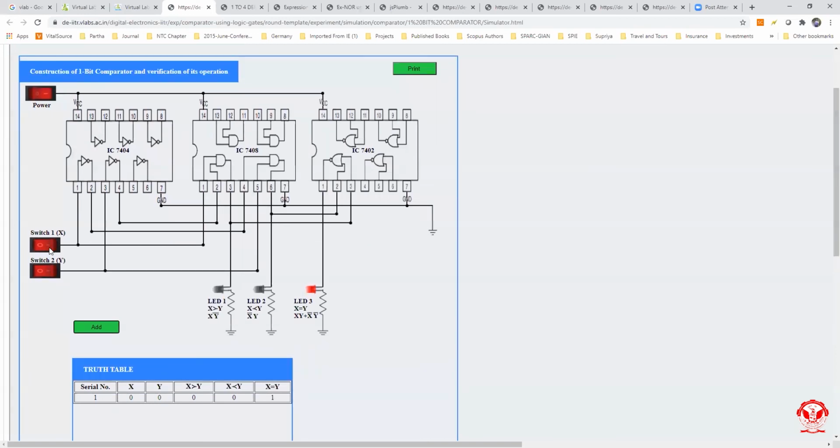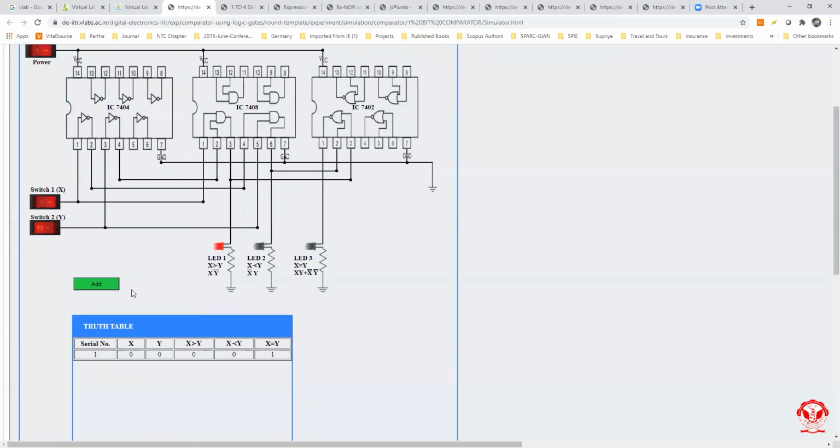Okay, now make some difference. If our input is 1 and 0, that is X equal to 1 and Y equal to 0, we can see that input X is greater than Y. Now LED 1 lights up, and just click on the add button, and from here we can see that for the X greater than Y column it is 1 and the others are 0.